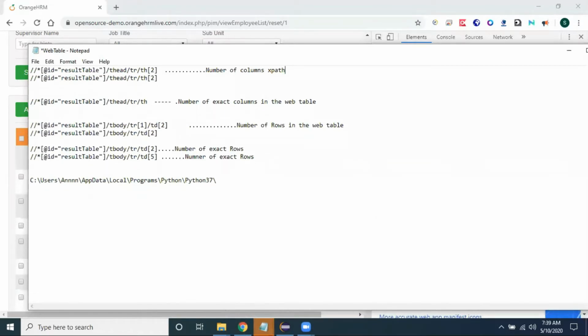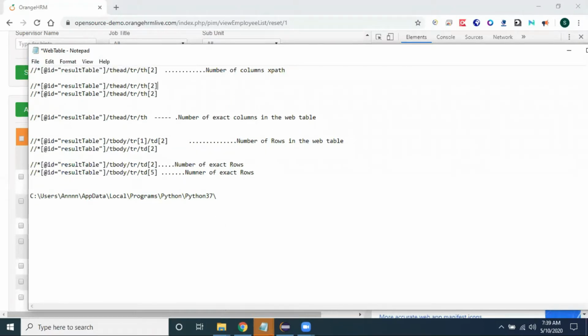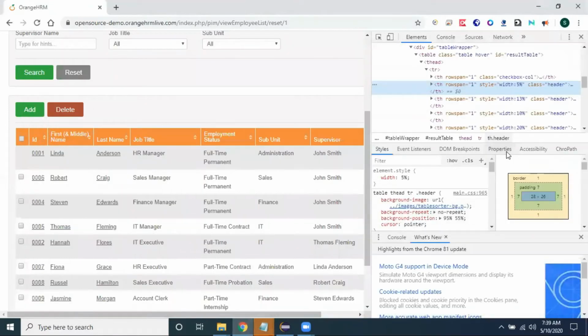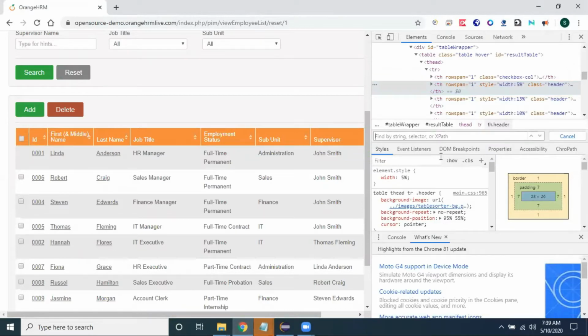Which means this is the number of columns. This is the XPath I have taken to identify the number of columns. So let me check how to identify it. th of 2 means it is always selecting the ID column only.